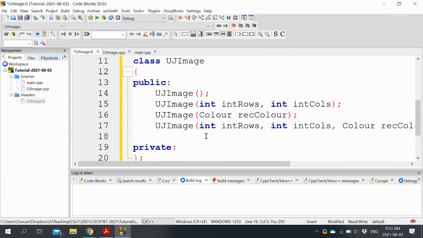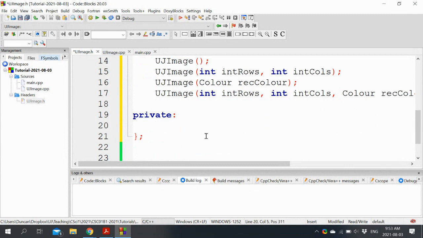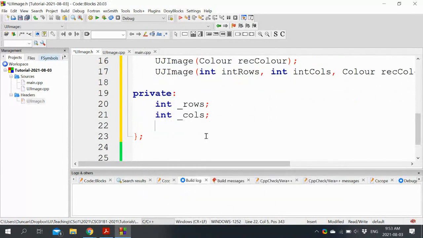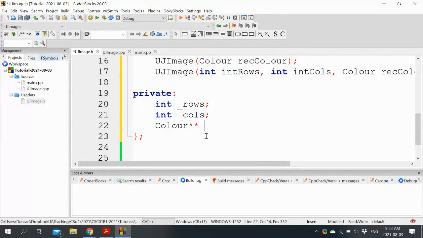Okay. As mentioned before, we will keep the attributes private. So for the dimensions, that's rows and columns. And the actual data itself, that's going to be the two-dimensional array of colors, or pixels.